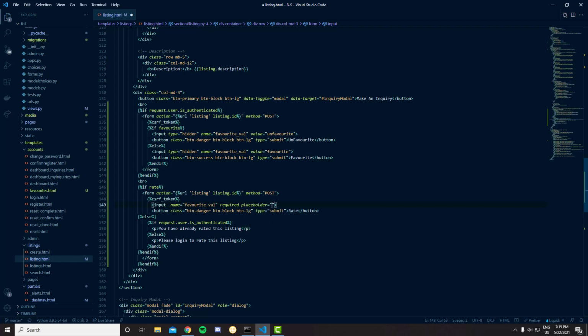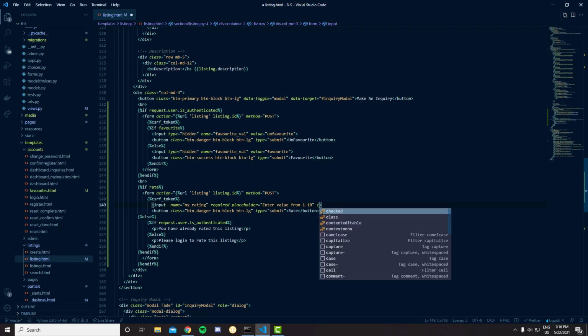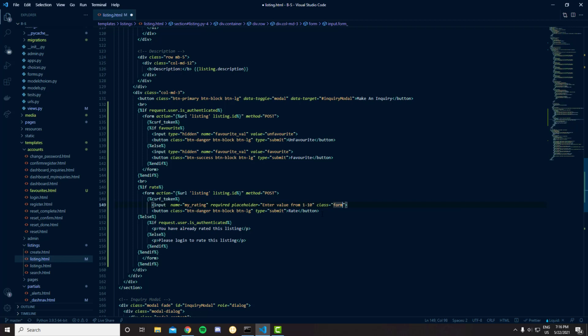we'll do a placeholder saying enter value from 1 to 10. Yeah, and I'll call this rating, of course, my rating, and I'll give a class of form control. Form control, it's a bootstrap class,